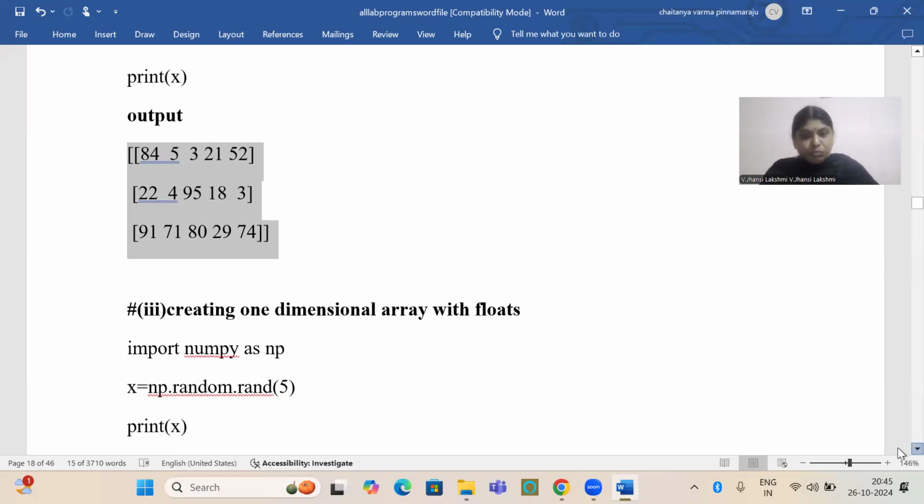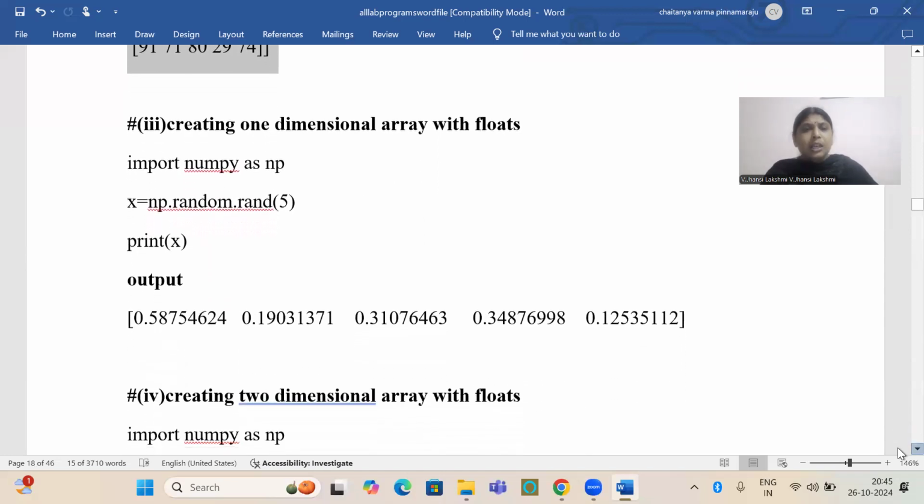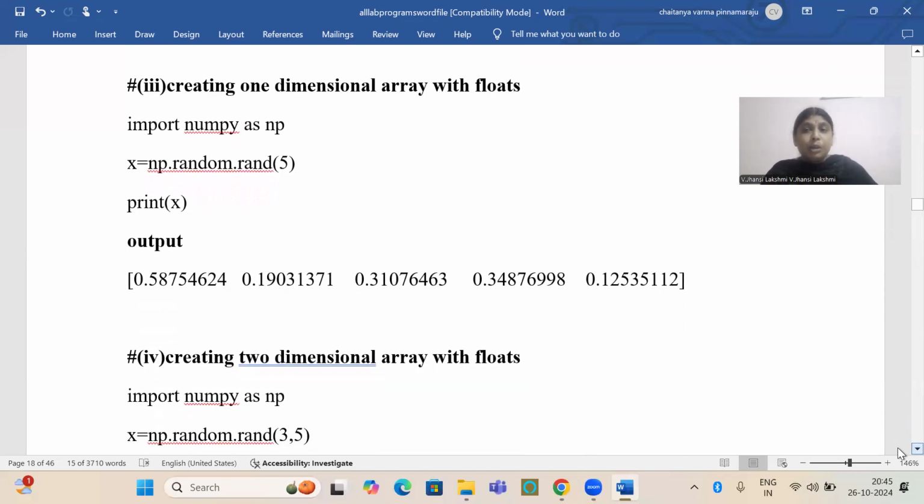Now, let us see how to create a one-dimensional array with floats, point values, decimal values. In the first example, we have seen how to create a one-dimensional array with integers. Now, let us see how to create a one-dimensional array with floats. So, import numpy as np. I'm importing the numpy package with the shortcut name np, and in the second line, I am creating